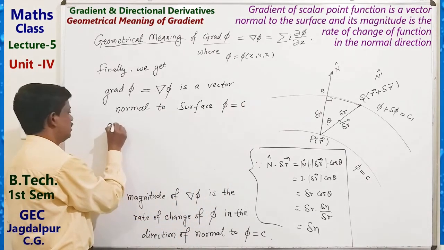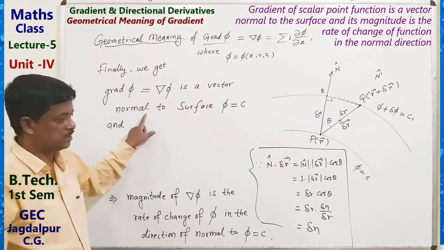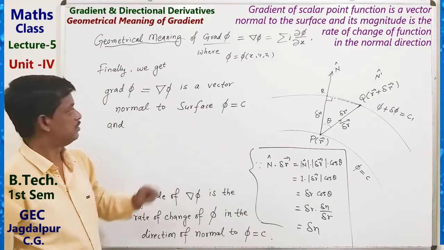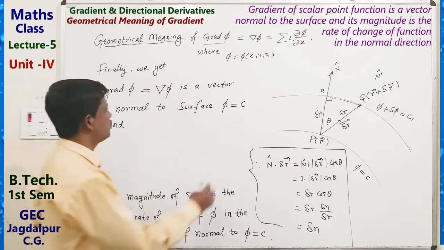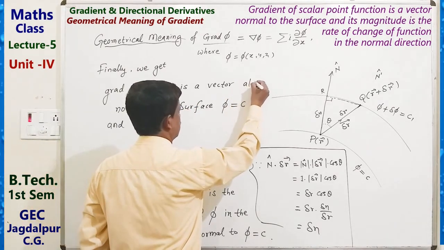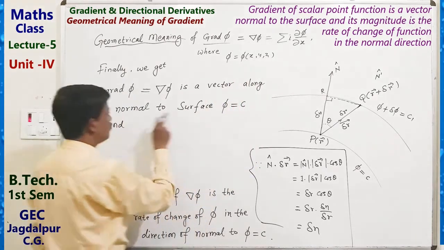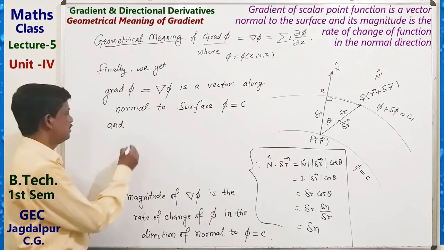This gives direction normal to the surface. Is a vector along normal to the surface phi equal to c, and